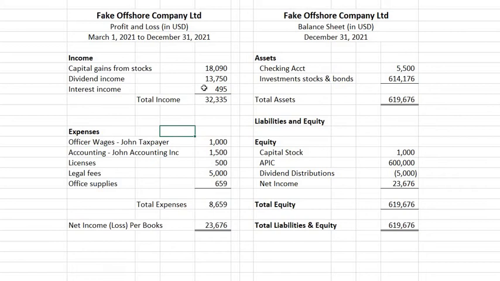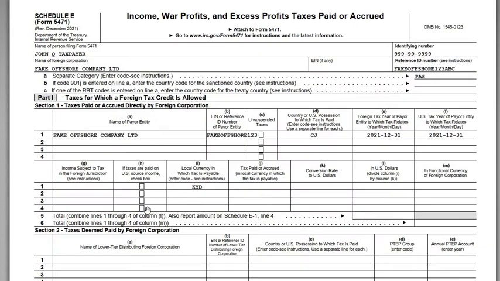So if we look at our profit and loss again here, we have the income, we have our expenses here, but this is a company set up in the Cayman Islands, right? So the Cayman Islands doesn't impose any taxes on profits. All of the investments by the company are in other types of entities that don't incur any taxes, nor do they have any withholding taxes at source, and we don't have any U.S. source withholding taxes. So we're not going to have any taxes that are going to be reported on any of these line items. But nevertheless, you still have to complete the schedule if you qualify as one of those category